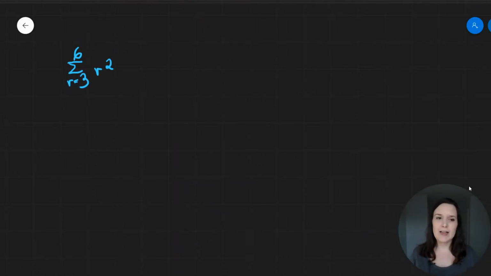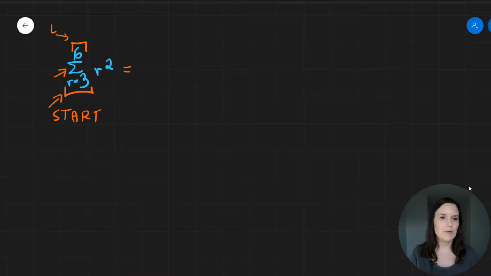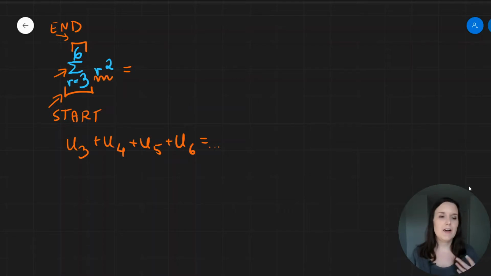Okay, we have to calculate the sum from the third one till the sixth one. Now it says to start with the third one and end with the sixth one. So we want u3, u4, u5, and u6 added up together. And to find u3, u4, u5, and u6, we use this formula. So we start with r equal to 3 and just substitute into the formula. For r equal to 3, we have 3 squared plus,